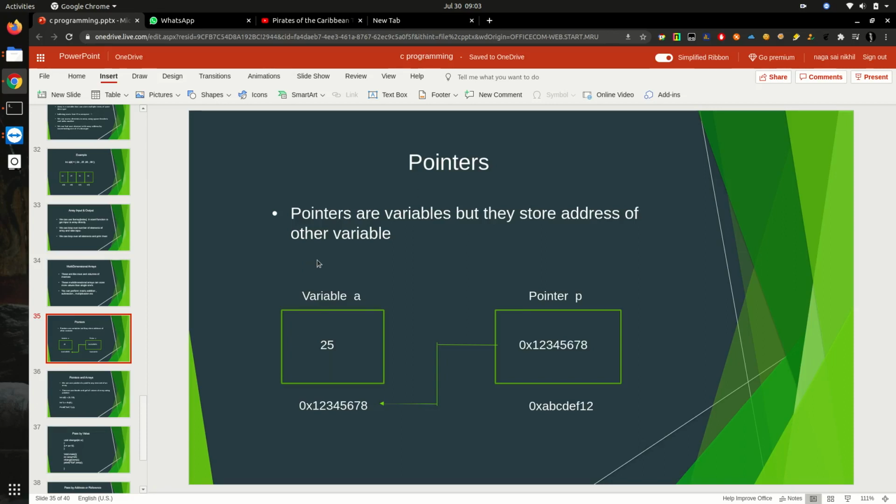So guys, now we are going to learn about pointers. First, before going into the pointers concept, let me tell you a real-world example. Let's assume my house has been shifted to a new address, and my old friend wants to meet me at my house. He knows the old address, but he cannot reach my new address because he does not have it.